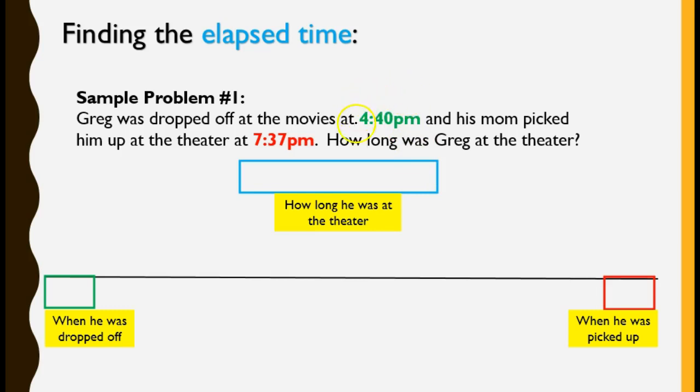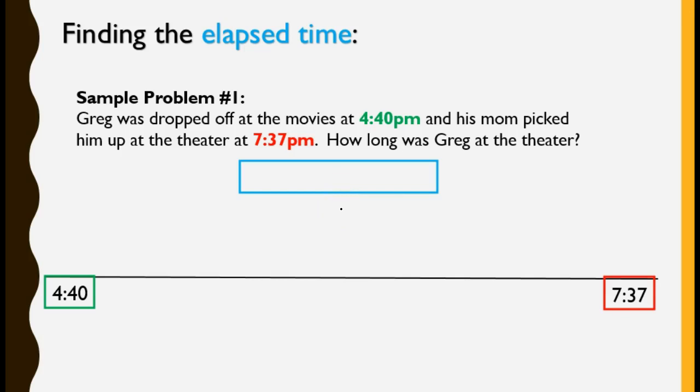So we know from our story that he was dropped off at 4:40. And we know from our story that he was picked up at 7:37. But what we don't know is how long Greg was at the theater. That's what we're going to find out by doing the mountain strategy. Okay, so let's take a look. We're going to start at 4:40 and we're going to add 1 hour as we're traveling all the way to 7:37. We're going to make one mountain,